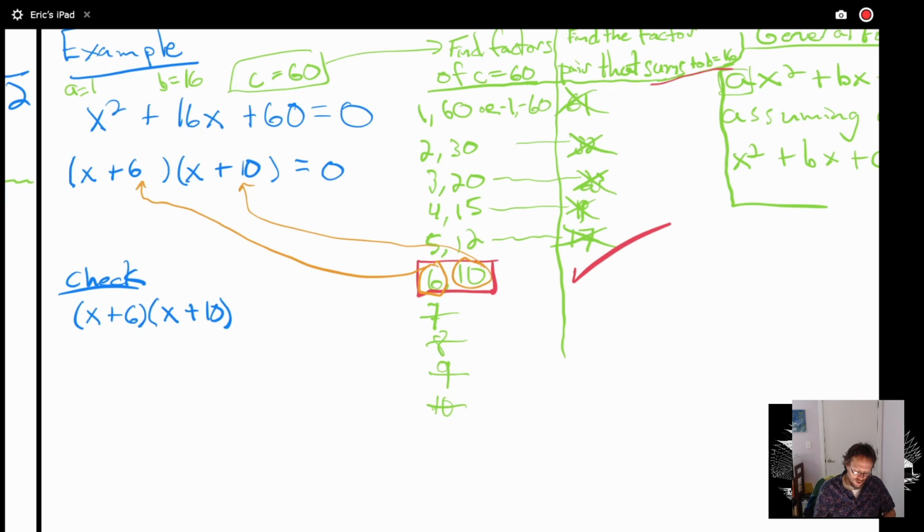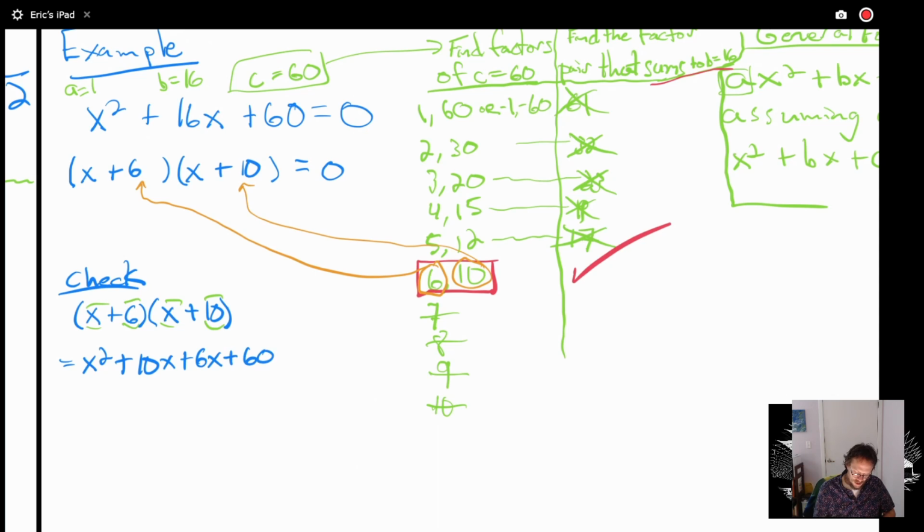Using the distributive property, we multiply the first terms together, the x and the x, to get x squared. The outer terms together, the x and the 10, to get 10x. The inner terms together, the 6 and the x, to get 6x. And finally, the last terms, the 6 and the 10, to get